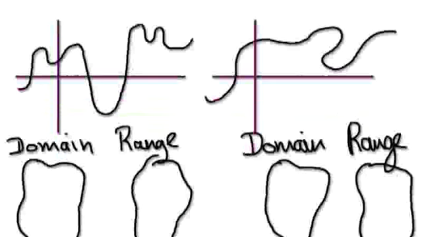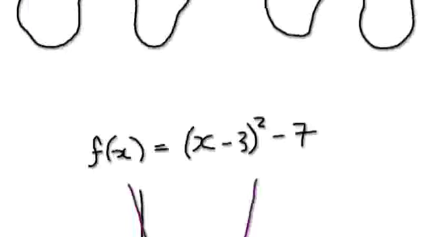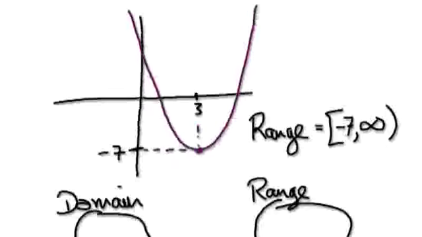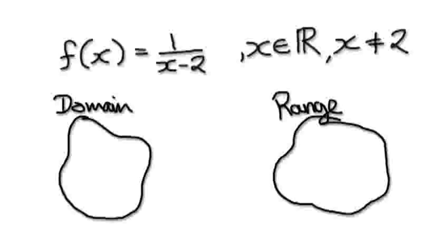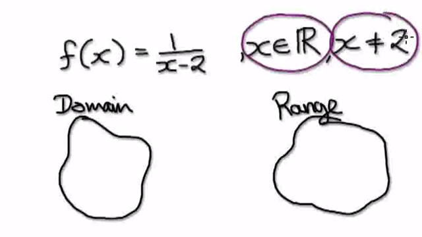So following on from the previous two videos, I gave you this example, and then I also gave you this example. So here I'm going to give you another one. Suppose you're given a function, f of x equals this thing here, and you're told that x can be any number on the real number line, and also x cannot be 2,